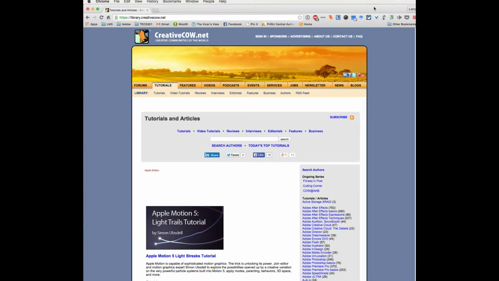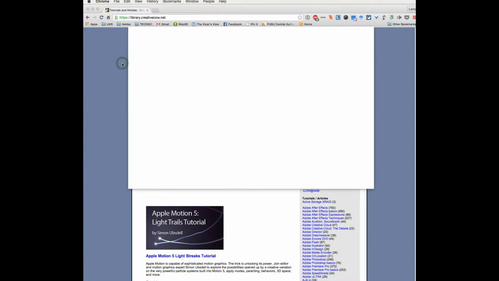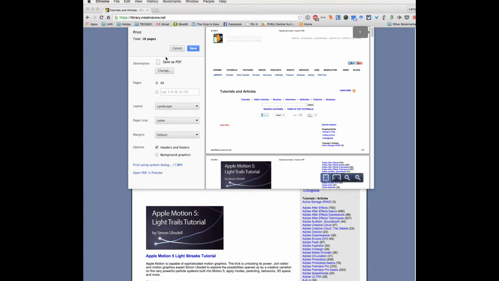Okay, now that you've seen how to do it with Safari, I'm going to show you how you can do it with Chrome, and then we'll look at Firefox. Now, it doesn't work as simply using Chrome as it did with Safari. Here, I've opened up the same web page, and now if I go to File, you notice there is no Save As PDF. Here I have to go to Print, and when I go to Print, you can see that